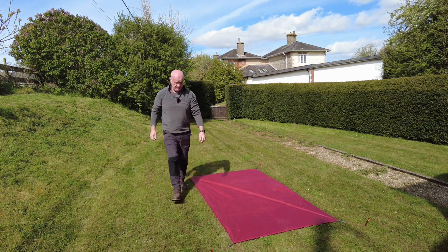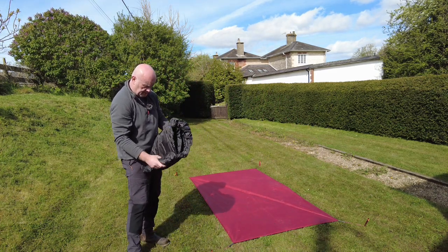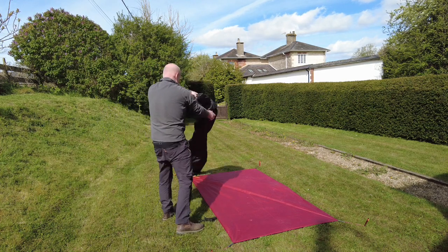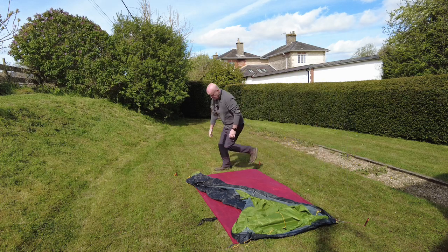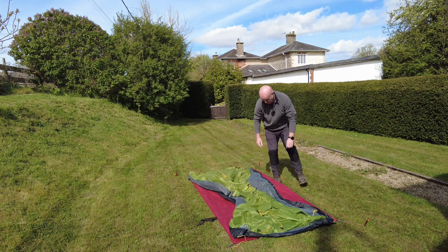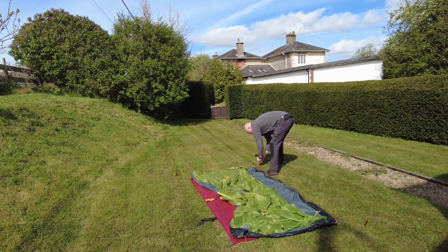Yeah, I don't even know if this footprint's actually going to fit for this tent, but there's only one way to find out. This is, as I say, the Lanshan 2 Pro, so it's a 2-person tent. You know me, as I explained perhaps in previous videos, I like a bit of space in my tents. Obviously a 1-person tent is even lighter to carry, but when you haven't got any space, then